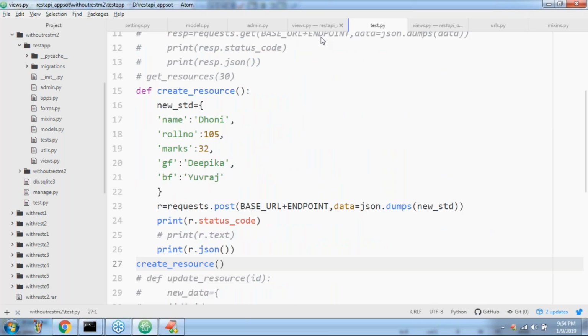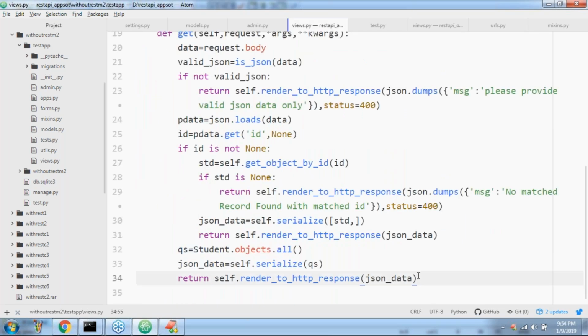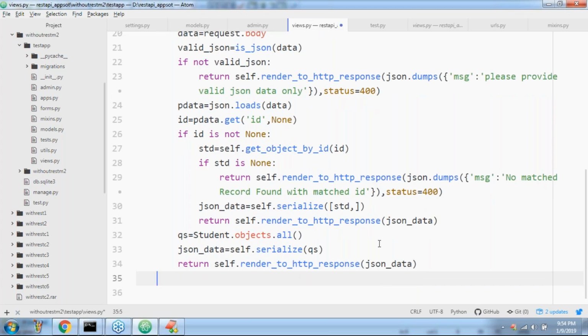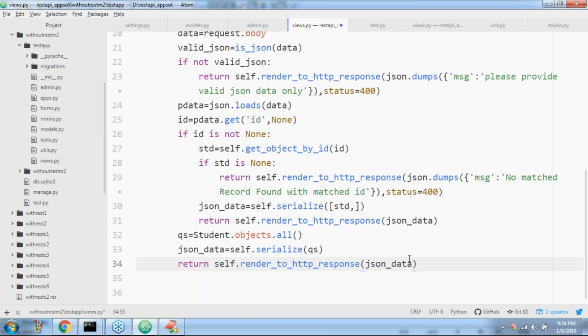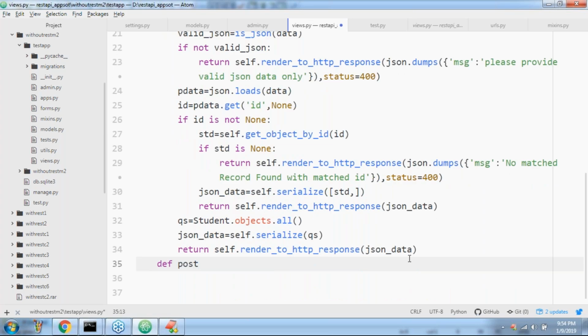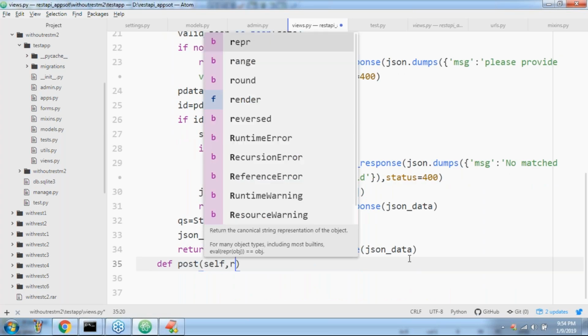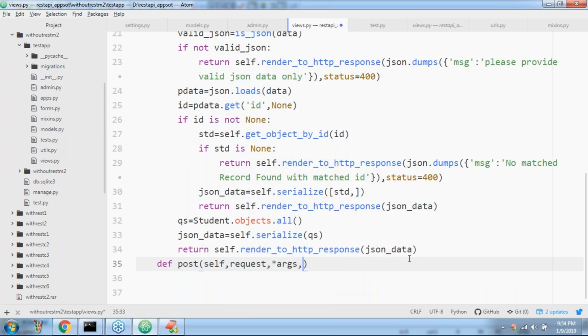Now the post method, I don't think you are going to have difficulty understanding this. But have you remembered, if you want to post data, let me take the method first. Can you please tell the complete signature of this method? def post(self, request, *args, **kwargs). Up to get functionality is very clear.